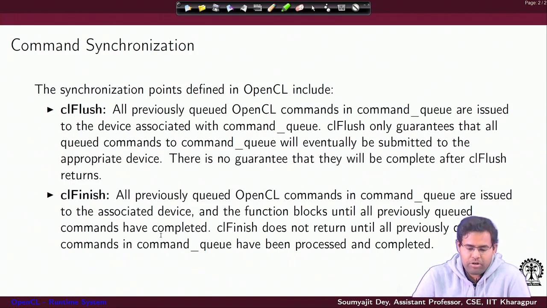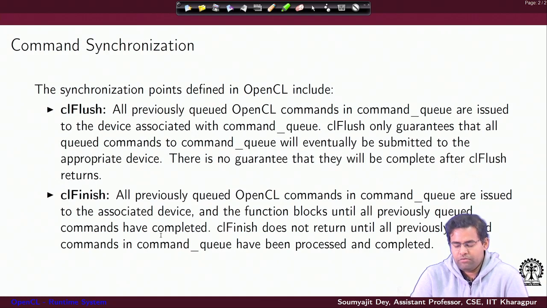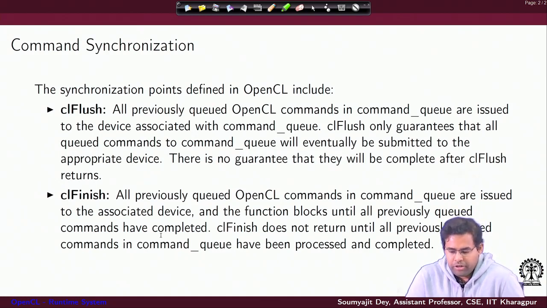You also have synchronization points defined by clFlush. If you have clFlush, then all previously queued OpenCL commands in a specific command queue are issued to the device associated with the command queue. clFlush will guarantee that all these commands in that command queue will eventually be submitted to the appropriate device, and of course, there is no guarantee that they will complete after clFlush returns.